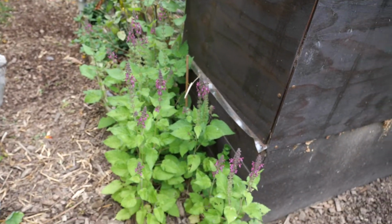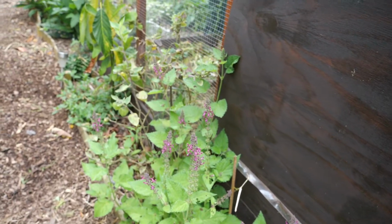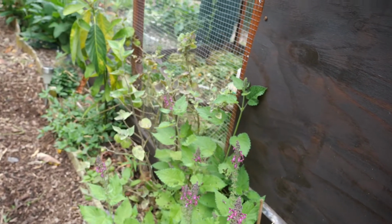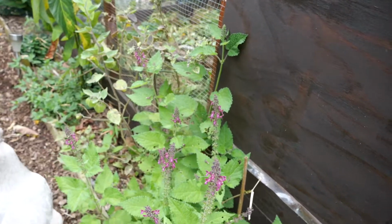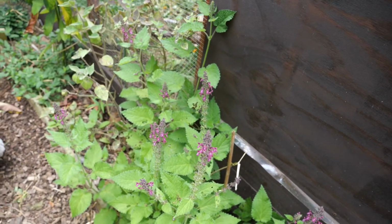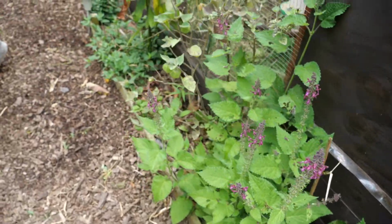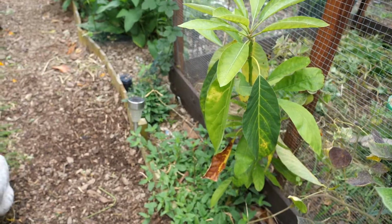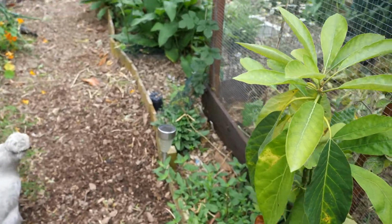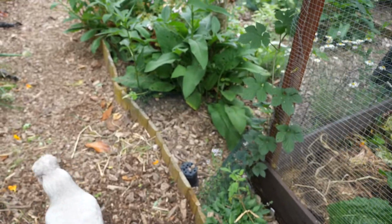So we've got some nice herbs that are coming along here. This is the wart family. I can't quite remember which wart. I think it might be wound wart. I do have a label down here somewhere, and I keep swearing I'm going to remember and then I forget. And yes, my memory did not fail me. It is wound wart. And just a few little bits and pieces growing here. And the circling helicopter is rather annoying. A little bit of thyme